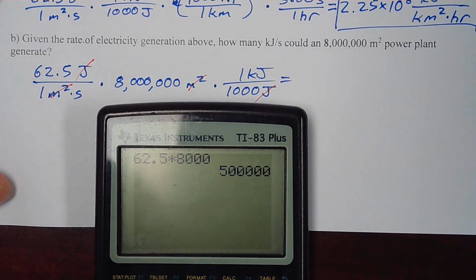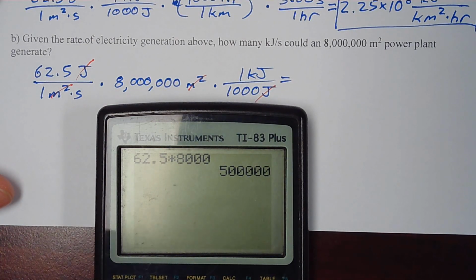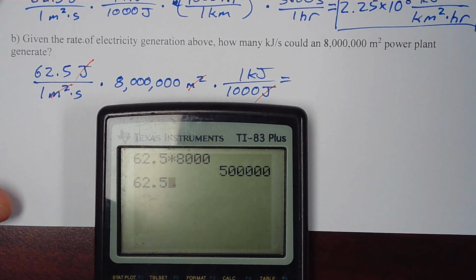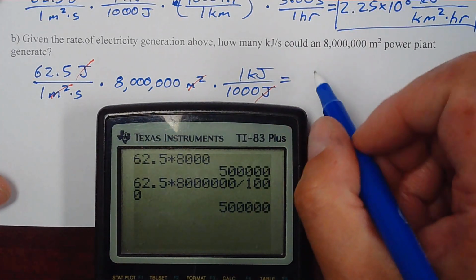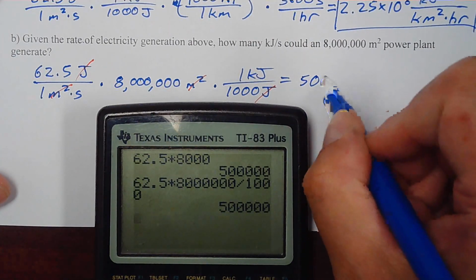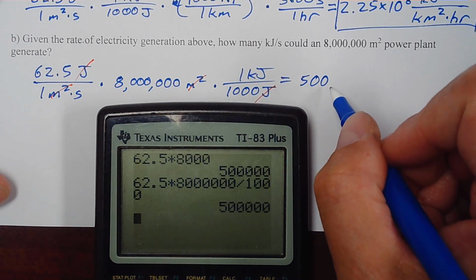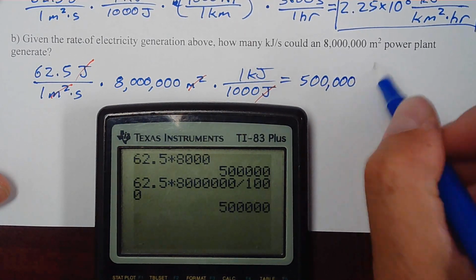Or you could do the whole calculation if that doesn't come particularly naturally to you. 62.5 times 8 million divided by 1,000. And presto, math works. You get the same answer. So we got 500,000